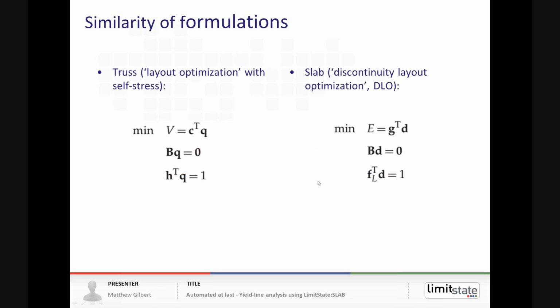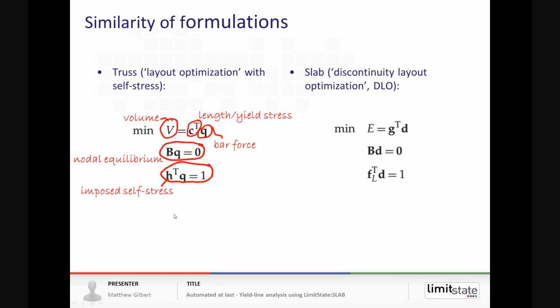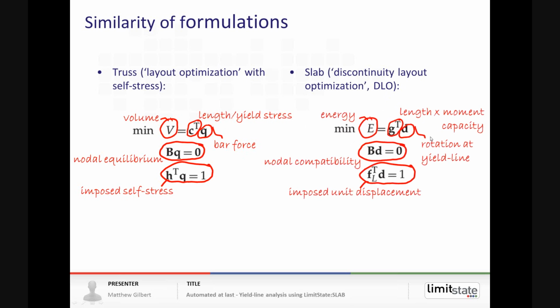But how does this compare to the slab problem? Well, as you recall, I mentioned it was a rearrangement of the truss layout optimization problem to take into account self-stress rather than this externally applied loading. So we removed the externally applied loading constraint and instead add this imposed self-stress constraint. So again, minimizing the volume, subject to nodal equilibrium, but we add this self-stress. And that makes it directly comparable to what we would do in the slab optimization problem, which is minimizing the energy, which is